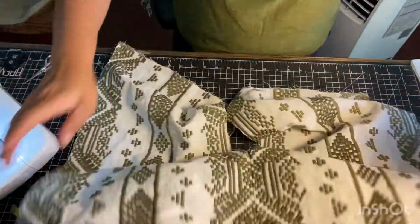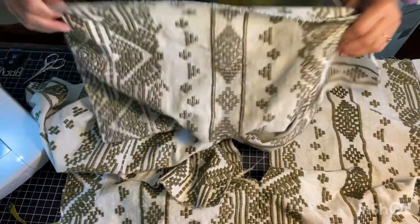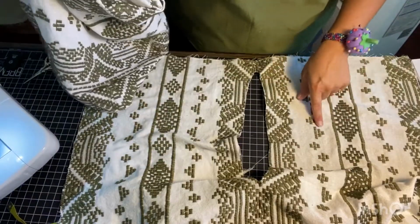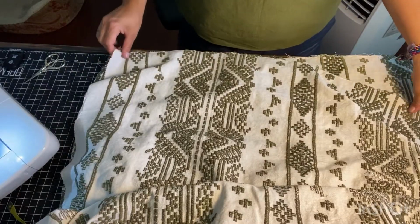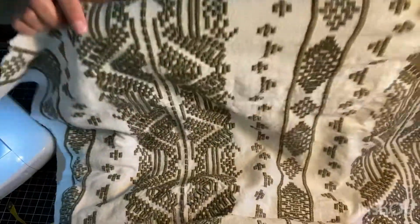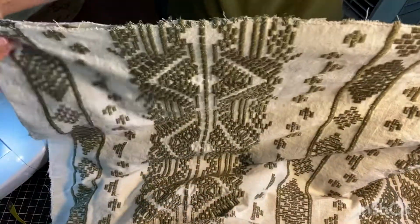Okay, now next step, I'm gonna find my back piece. And I know that this is the bottom because the edges look like this and I haven't zigzagged them closed. So I'm gonna match the top, that's my opposite side, and I'm gonna do right sides facing. So this is my right side and this is my right side of the fabric. I'm gonna match them like this, and I'm gonna pin those seams right here along that neckline. So I'm gonna pin it all here, and once that's all pinned closed,